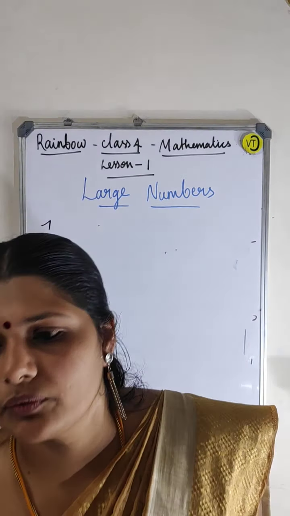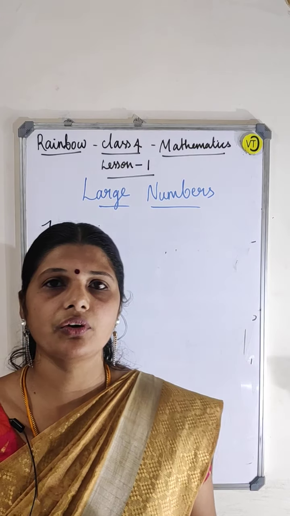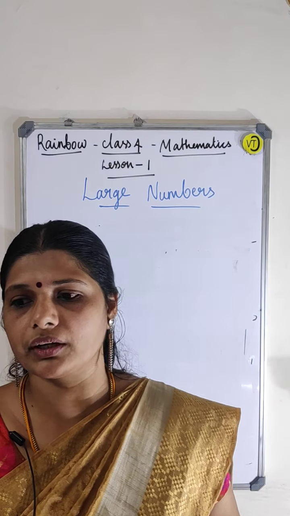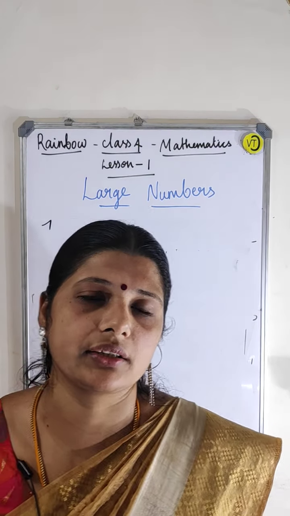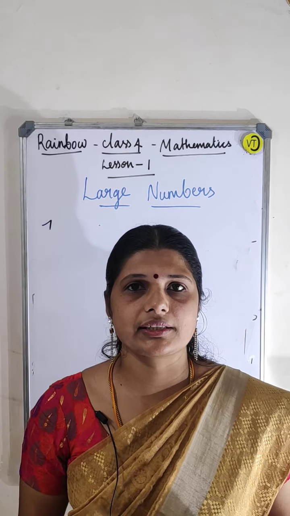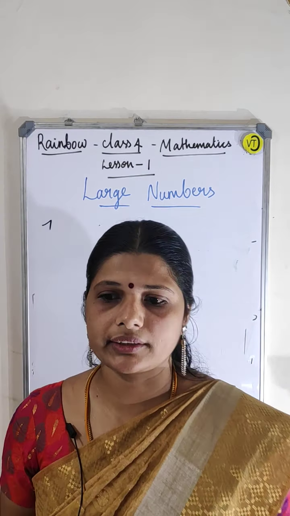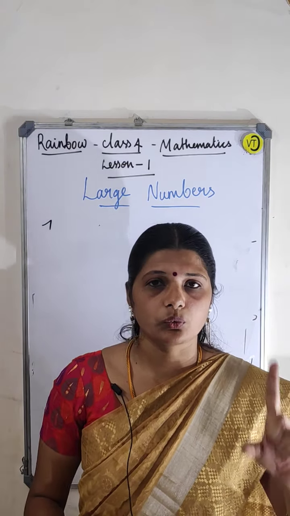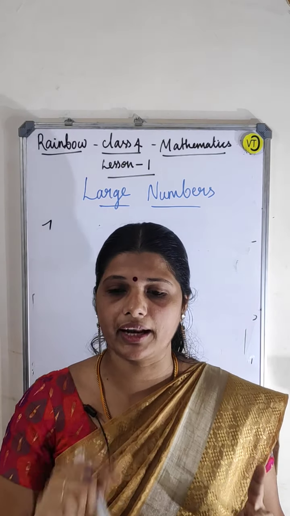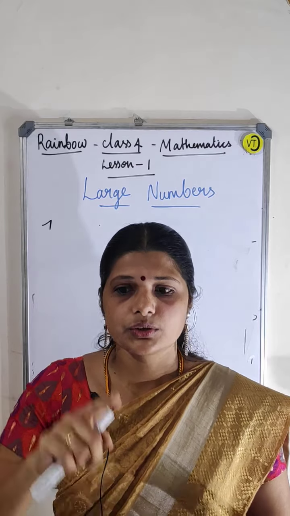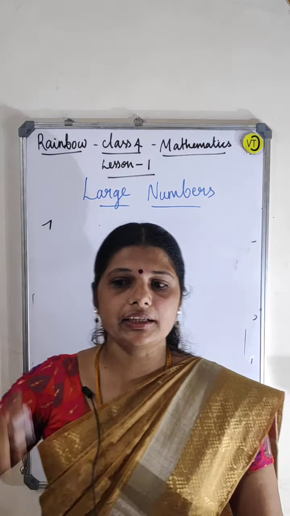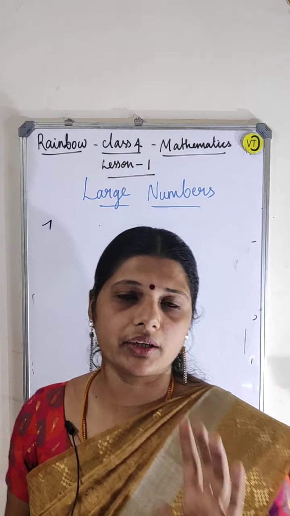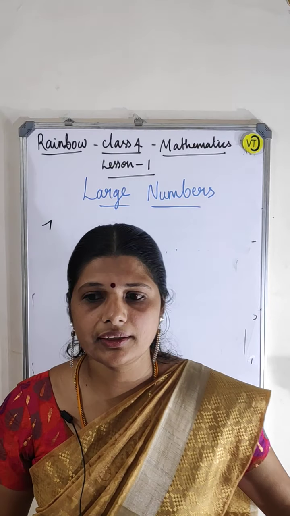The expanded form of a number is a way of writing a number so that the value of each digit is expressed. In a sense, the expanded form shows a number expanded into an addition statement. Take an example: 1,23,574 is the number. Expanded form, how can you write? 1 in the place value chart is 1 lakh. So 1 into 1 lakh plus 2 into 10,000 plus 3 into 1,000 plus 5 into 100 plus 7 into 10 plus 4 into 1.